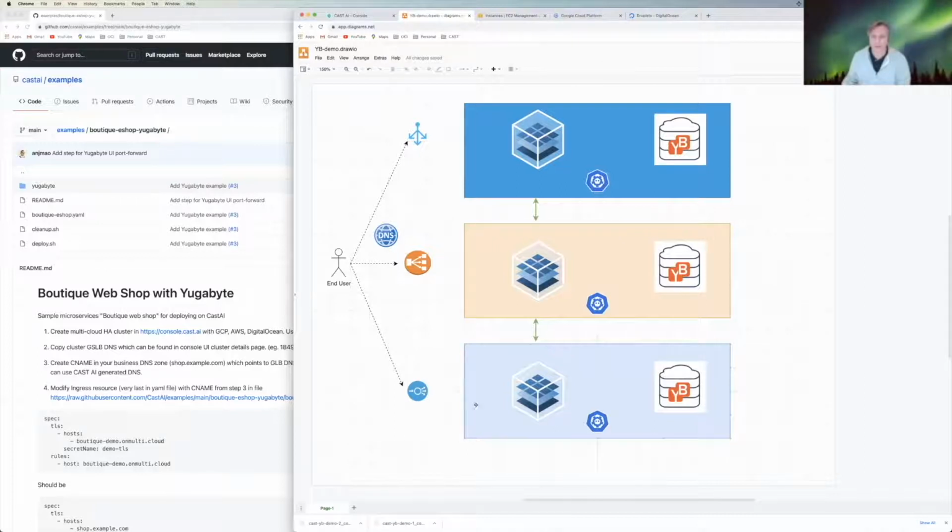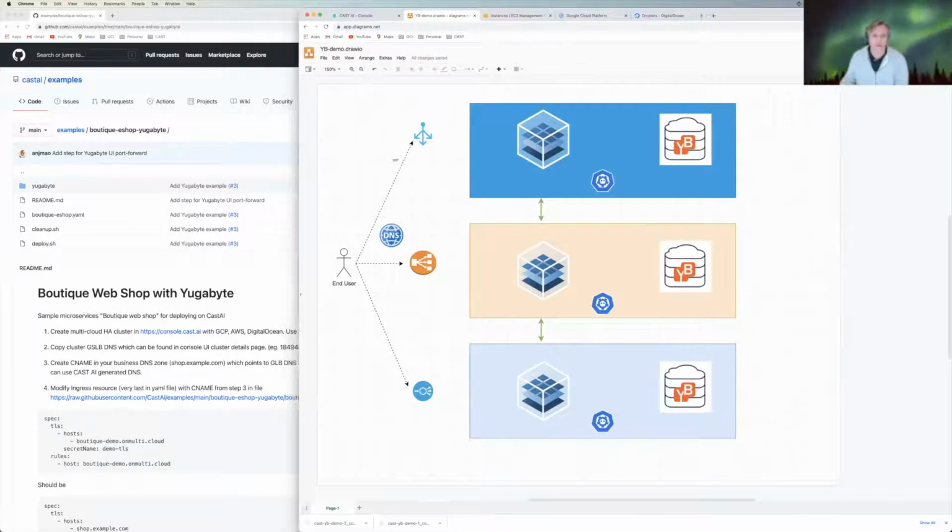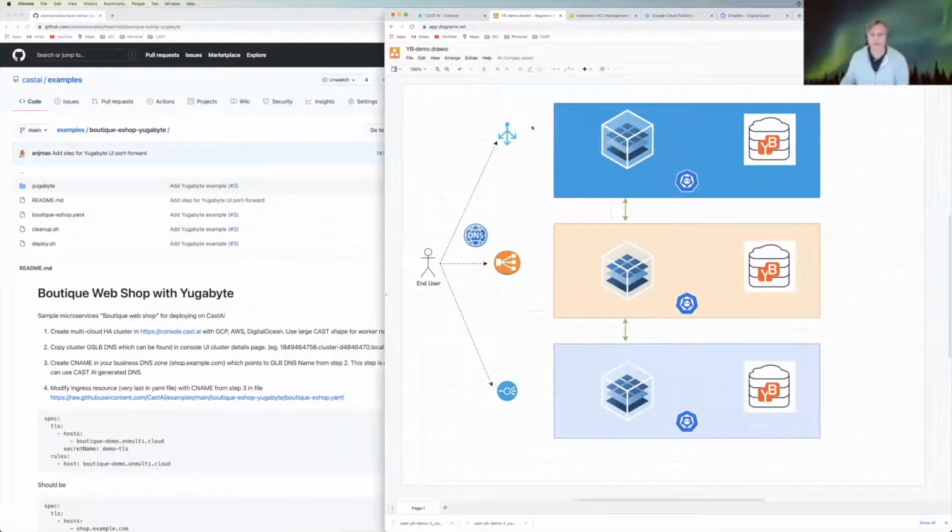Inside the clouds, we'll have Kubernetes running in a highly available mode. And we'll walk through how we configure that with CAST. And then we're going to deploy our e-commerce application in all 3 clouds. And we're going to wire that application up to use Yugabyte. And in this case, we're going to use the Redis flavor of Yugabyte as the application uses Redis for its shopping cart app. So let's go ahead and get started. We'll start with all of the infrastructure, and then within the next 20 or so minutes, we will have built